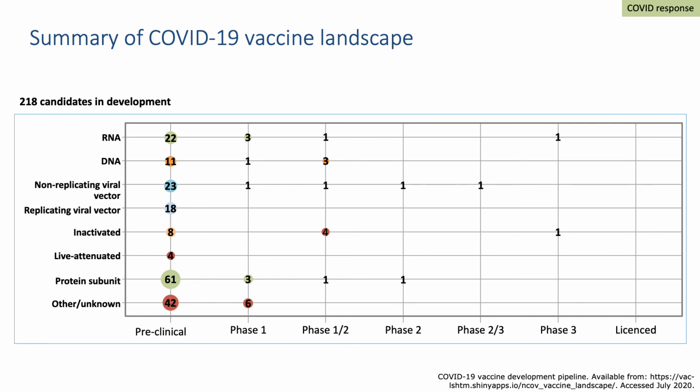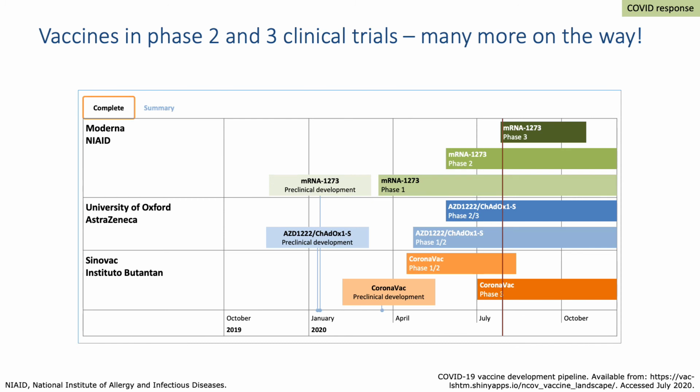You can see a whole range of different types of vaccine in the left-hand side of the table. And in this particular table, a summary of particularly advanced vaccine programs. I think we're particularly excited about the Oxford AstraZeneca vaccine, but I have no preference here. I think we only hope that some or several of these will induce not only immunity, but protective immunity that can in due course be demonstrably shown to reduce either the prevalence and incidence of disease or the progression of disease to severe forms.